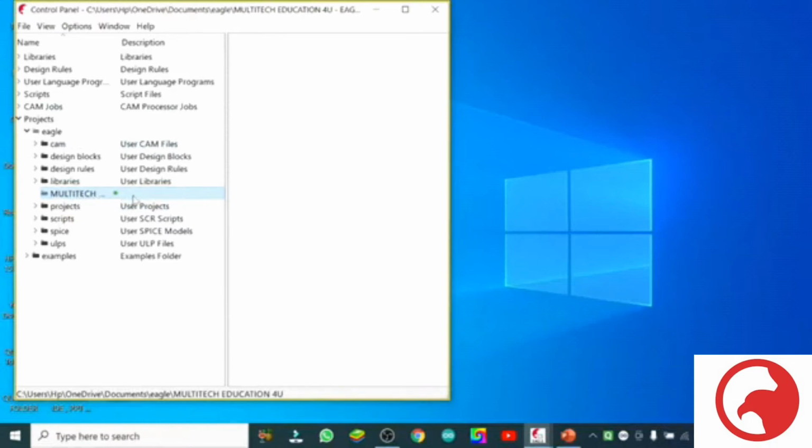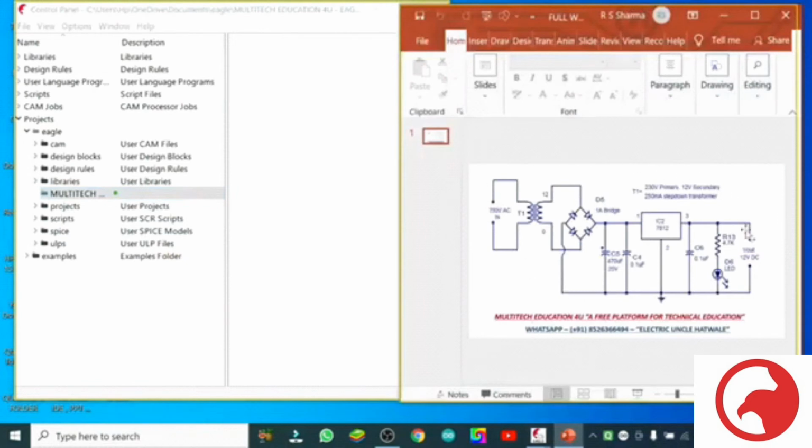Then we can go to the file also to create our schematic, our working platform, where we will start working, drag the components from the library, choose the components from the library. Now see, this is our circuit, full wave rectifier.